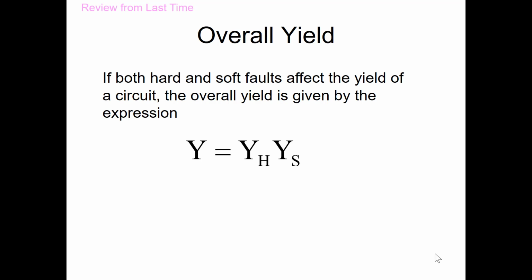Offset voltage is almost always determined by mismatches in devices. And if the mismatch is too big, you can't sell the part because the part goes out of spec. Customers just don't want a part that has a large offset. So that gives rise to what's called soft faults. The device is still functional, it just doesn't meet the performance requirements that you're interested in.